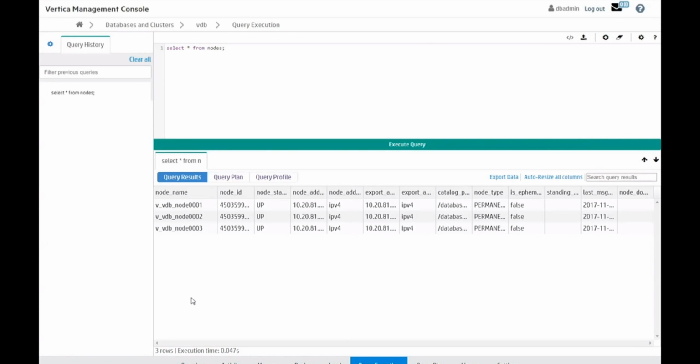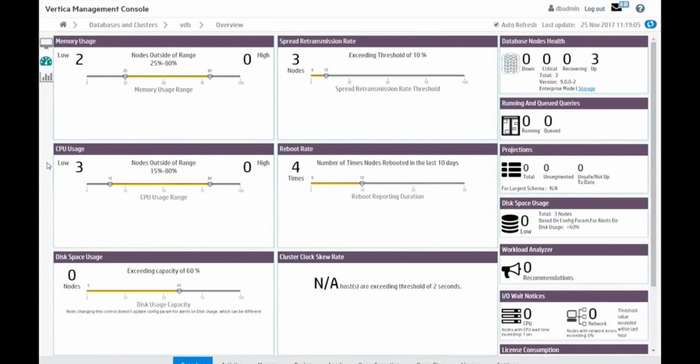So maybe I already have some data that I want to look at. The data could be external, through a flex table, Orc or Parquet file. I may have a CSV file that I want to load. There's also, inside of the Vertica directory, a samples directory where you can have data generated for you and you can load it. The Management Console also has thresholds, so you can look at different thresholds within the database and have automatic notification, and they can be through email